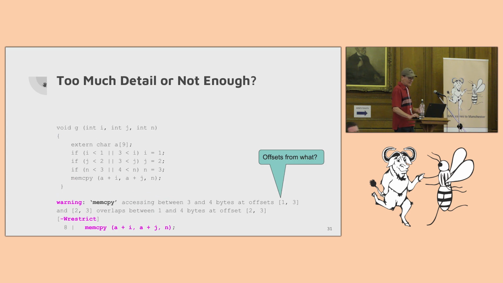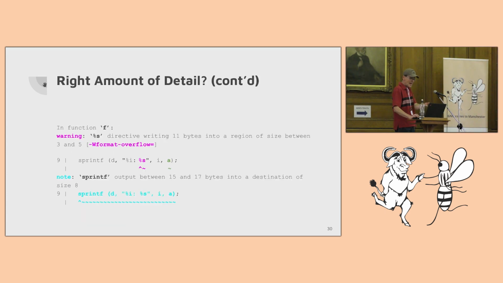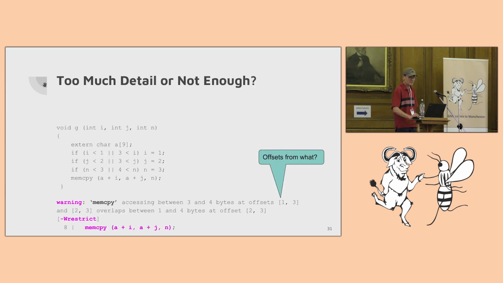So just quickly, here's an instance of a warning, and I am responsible for this warning. I'm happy to take credit for it if you believe that it has the right amount of detail, or I'm responsible for it if you believe that it could be improved. Here's a warning that I think could definitely be improved that I also happen to be responsible for.